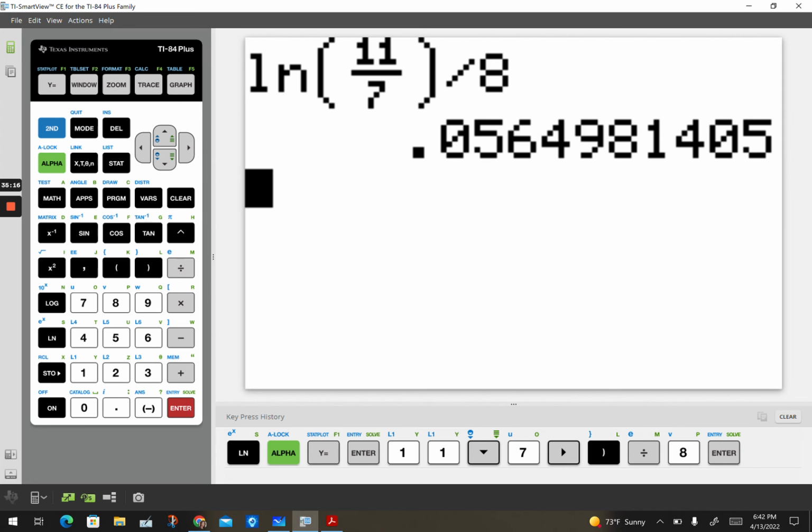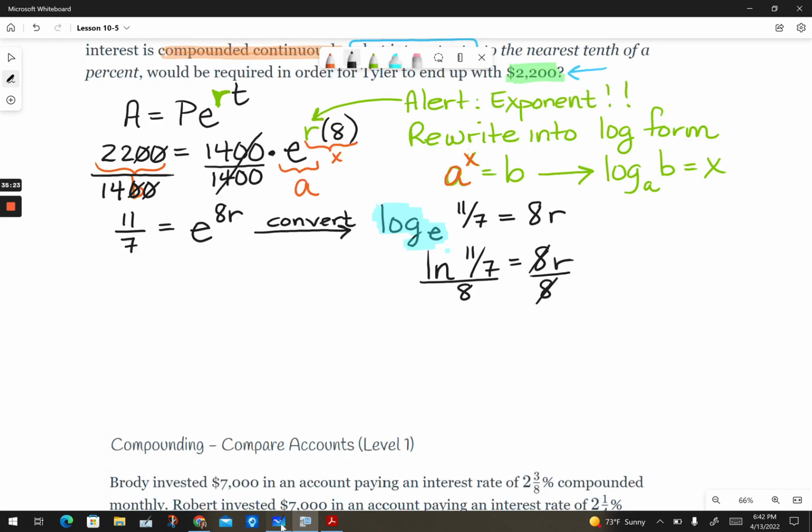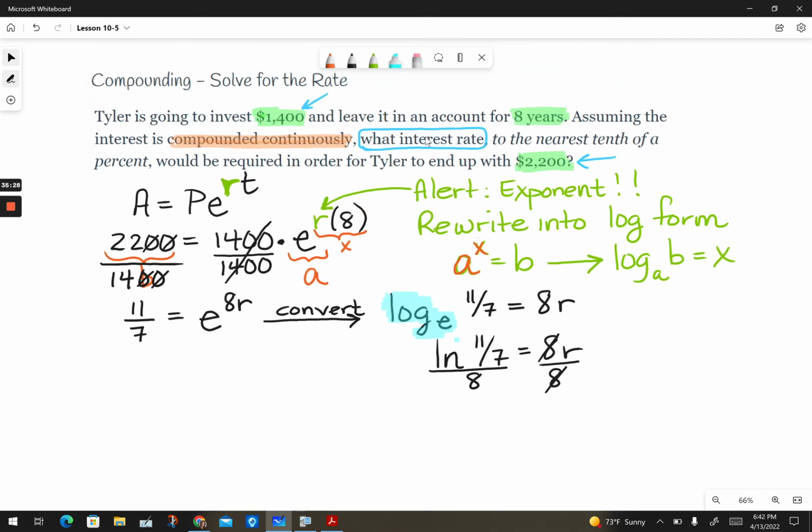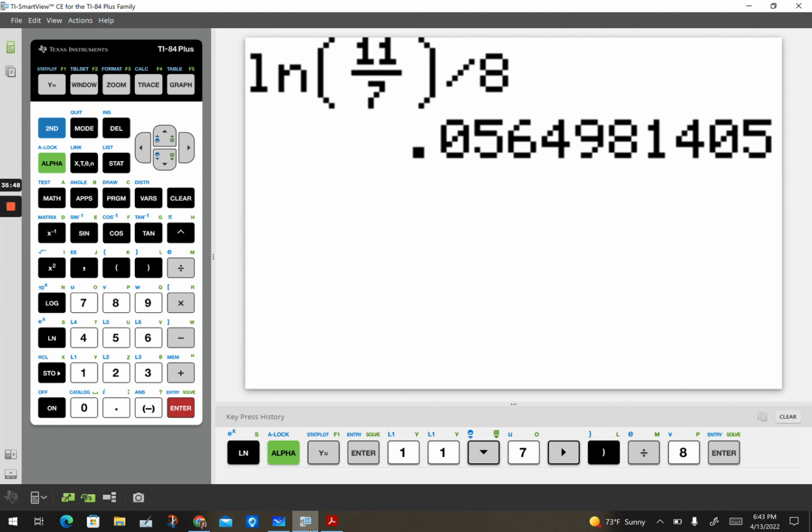So to make it into a percent, I need to multiply my answer by 100. I'm going to hit enter, and now this is the answer that you are going to round. They wanted us to round to the nearest 1/10. The 10th place is the 6. So I look to the right, and my number is lower than 5, so my 5.6 is retained. So going back to our paperwork, my R is going to be approximately equal to